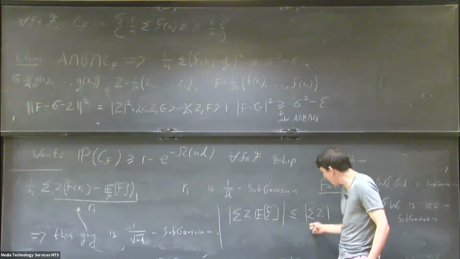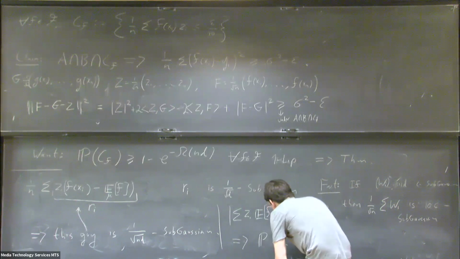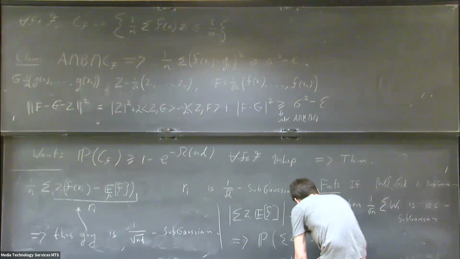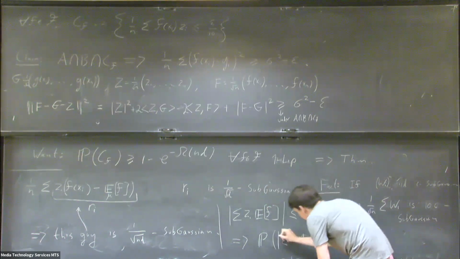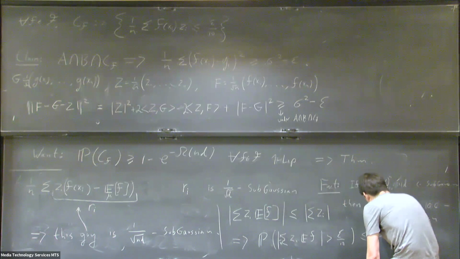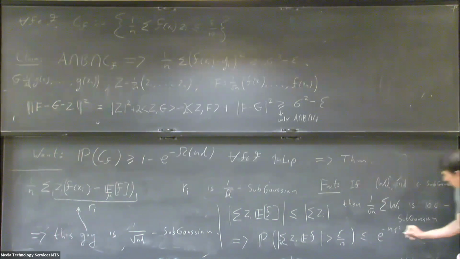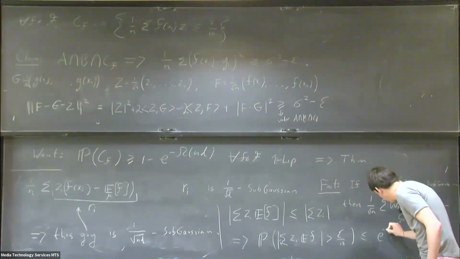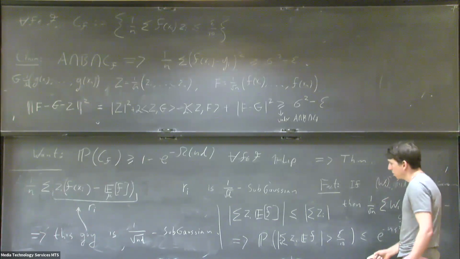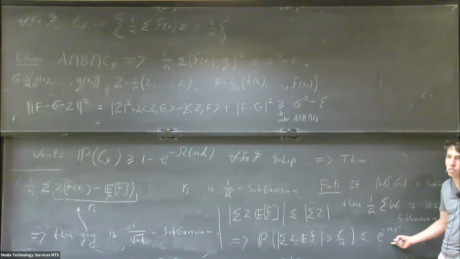Since this happens, this implies that the probability that this guy is at least epsilon over 10 is at most e to the minus omega of n epsilon squared. And that's it, we're done. So under this event, which does not depend on F,